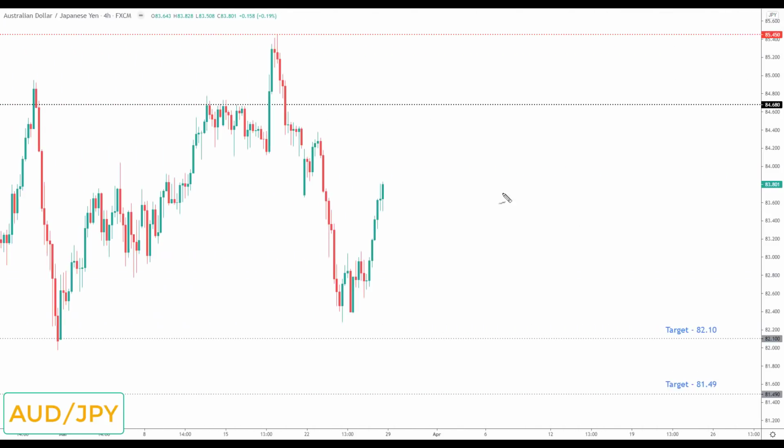Next is Aussie Yen. Like the other yen pairs, we sold off in Aussie Yen last week and we had some really nice momentum to the downside. So going into this week, I do favor short positions in this market. Any reversal to the downside is going to be viewed as the opportunity to look for short positions down to the next key of support to the downside and target set at the 82.10.